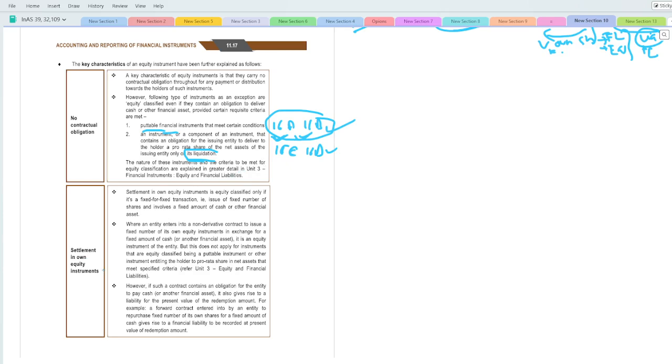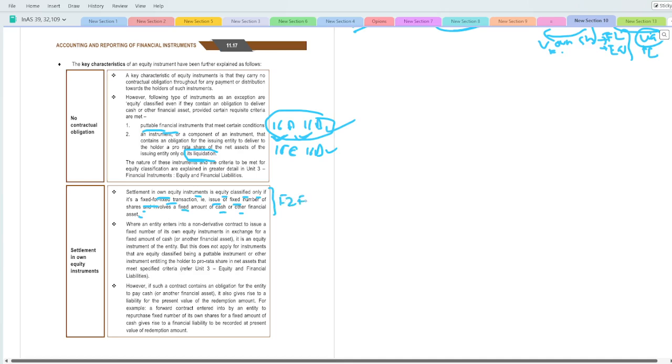एंड सेटलमेंट इन ऑन इक्विटी शेयर्स, तो यहाँ पे आपका जो ऑन इक्विटी शेयर्स है अगर आपको उसमें सेटल हो रहे हैं तो नॉन डेरिवेटिव में क्या होता है कि आपको डिलीवर देखना है, आउटफ्लो देखना है, और डेरिवेटिव में आपका डिलीवर भी हो सकता है, रिसीव भी हो सकता है ऑफ ऑन इक्विटी शेयर्स, ठीक है। सो सेटलमेंट इन ऑन इक्विटी इंस्ट्रूमेंट्स इज इक्विटी क्लासिफाइड ओनली इफ it is a fixed for fixed test, that is issue of the fixed number of the shares and the fixed amount of the cash or the other financial asset। ये डेरिवेटिव के बारे में बात करें जहाँ पे फिक्स टू फिक्स टेस्ट आ जाता है,